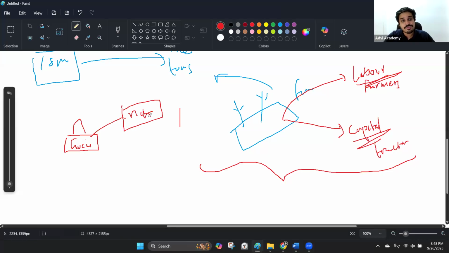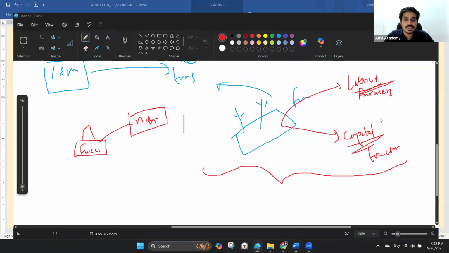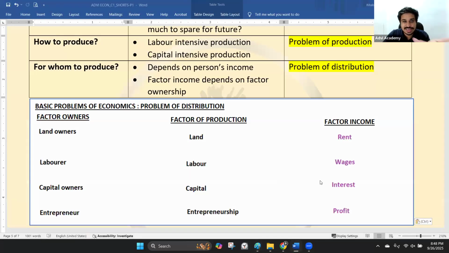So then it's about factor ownership. The people who are able to afford these Gucci handbags, Lamborghini cars and all, right, are basically not just people who are depending on wages. Labor wages is not enough to buy a Lamborghini. Those are the people who basically have a lot of rent income, interest income, and a lot of profits also, because of business. Entrepreneurship is the one that actually gives the most amount of income end of the day.